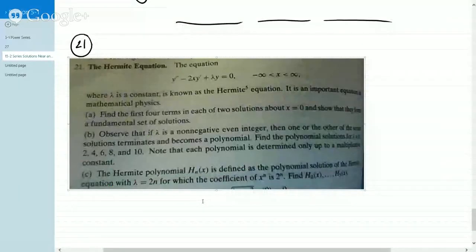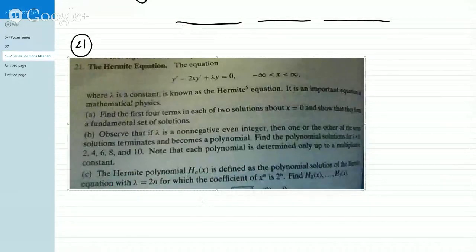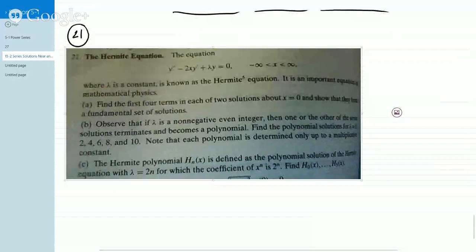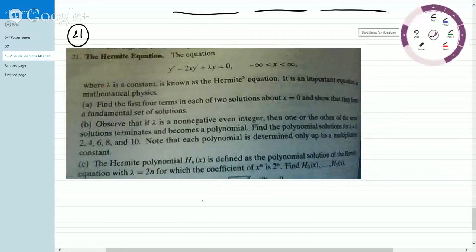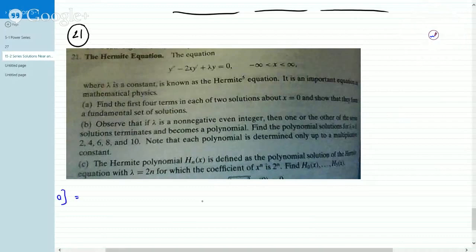Okay, so this is the Hermite equation, and lambda is the constant, yeah? So we will find the first four terms in each of the two solutions about x equals 0, so we will expand about x equals 0. So we will assume solutions of the form